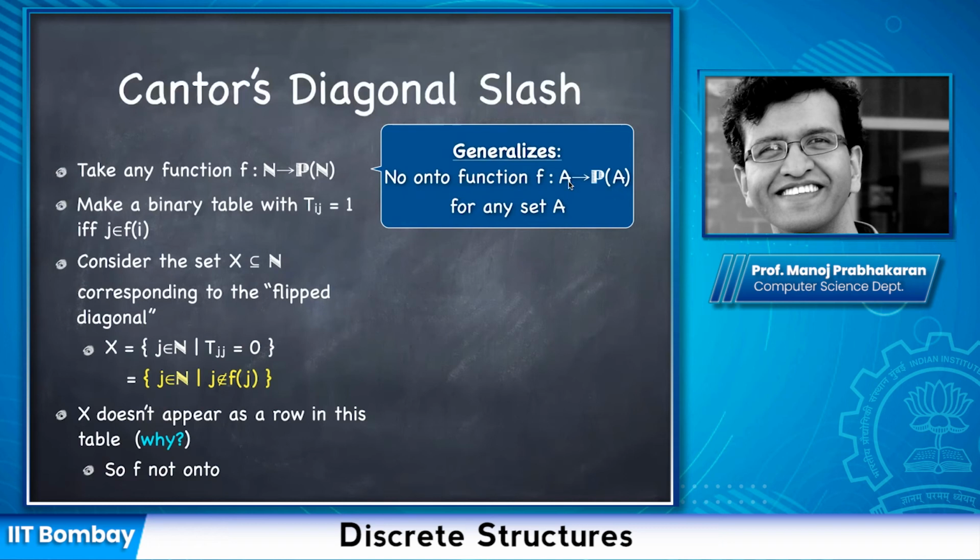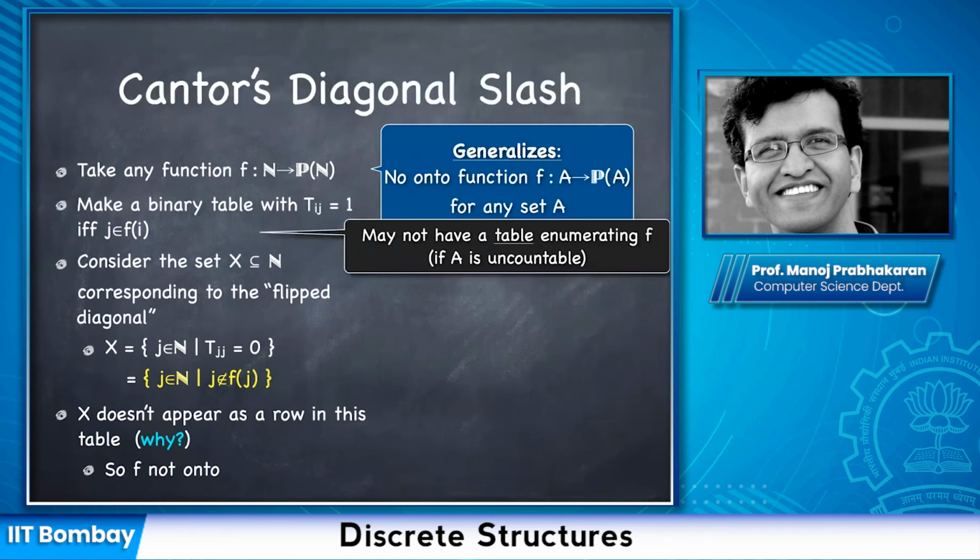So for finite sets, it's clear. This has n elements, this has 2 to the n elements. So you cannot have an onto function from something which has n elements to something which has 2 to the n elements. But for infinite sets, we need to go through this proof. Now we cannot exactly go through this proof, because there's a little bit of something we used about the set A being